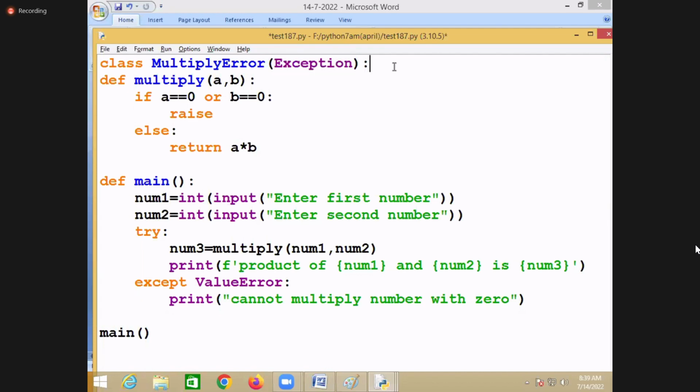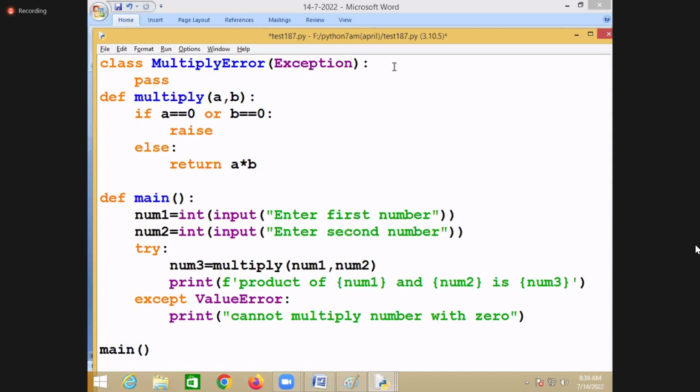The Exception class. And this is an empty type, nothing is inside this block. I just developed one type. What is the name of the type here? MultiplyError. And raise which one here? Raise MultiplyError.